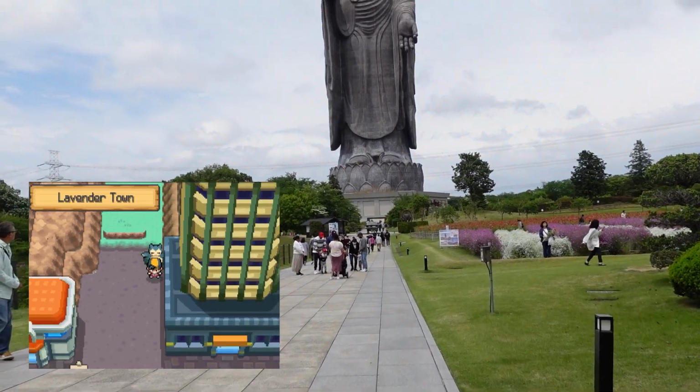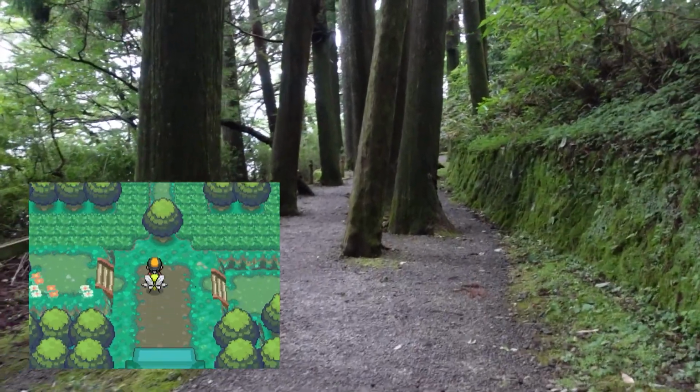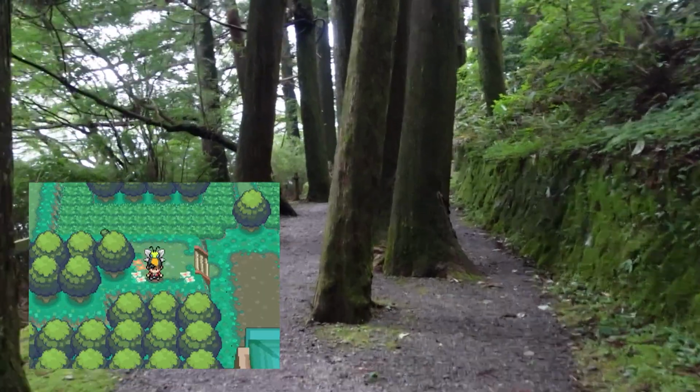So by real-life Pokemon city, I mean cities that inspired the cities that are in the game. There are a lot of analogies that are direct representations in the games. Lavender Town's tower being Ushiku Daibutsu, Viridian City being Hakone Forest, and this all started because we went on a